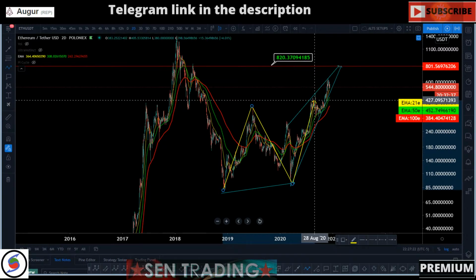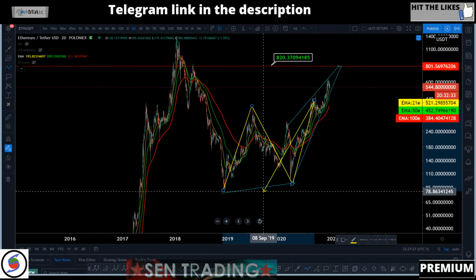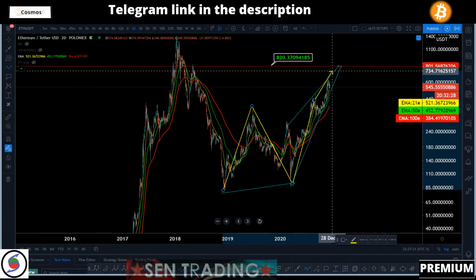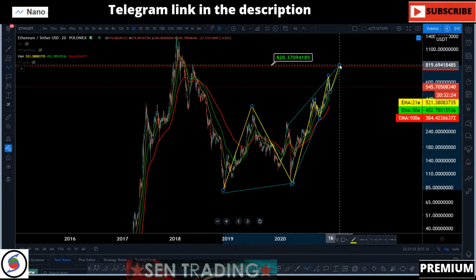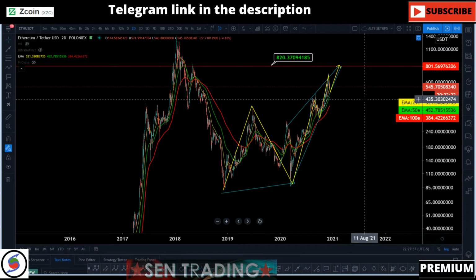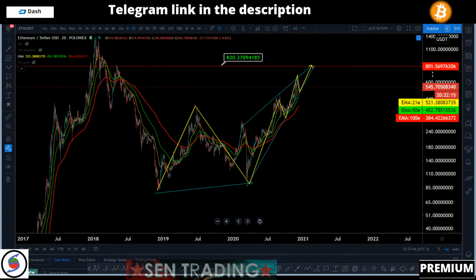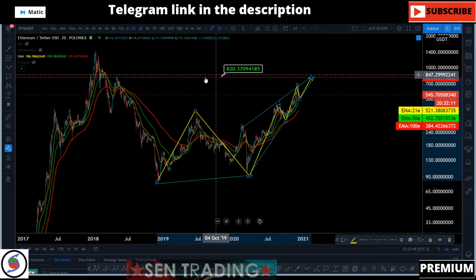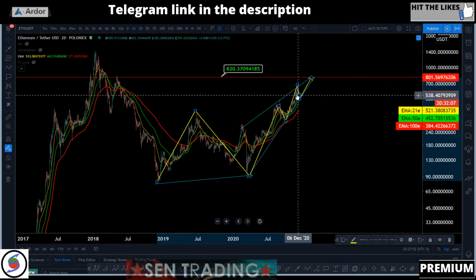Once it retests the top, we could possibly get the entire structure and a possible triple bottom, or retest the bottom again. However, it is creating a wedge pattern right here. So we just don't know at what price level it is going to break to the downside. If bulls are anticipating an Ether breakout to the upside up to like 800, which is the next major resistance, Ether doesn't have any other resistance right now.